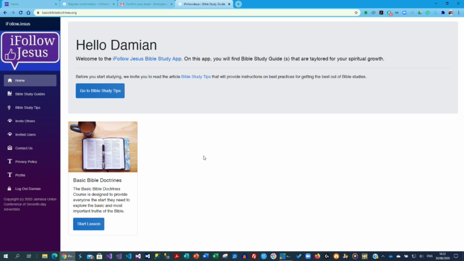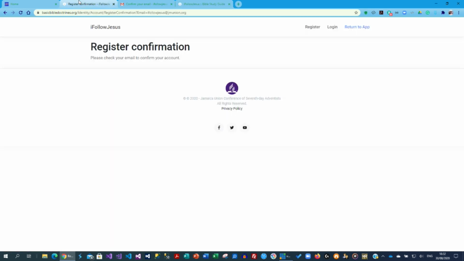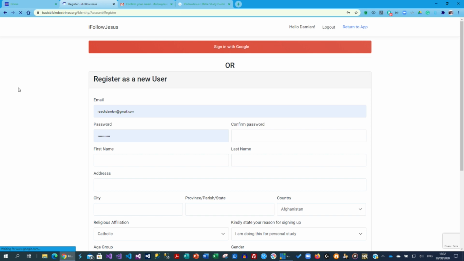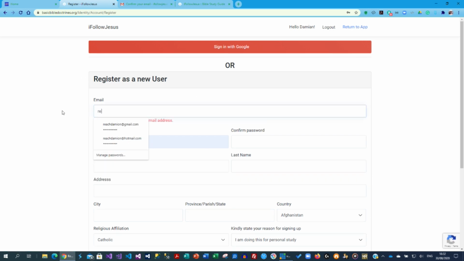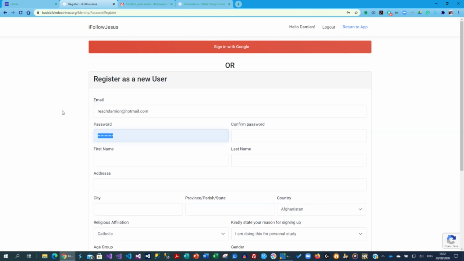Just before we start this study, I want to go back to the process and use an email and password to register. Okay. Let's go back to the registration, and let's say we're going to use an email and password. Let me try. Hopefully I did not register with this one before. You create a password